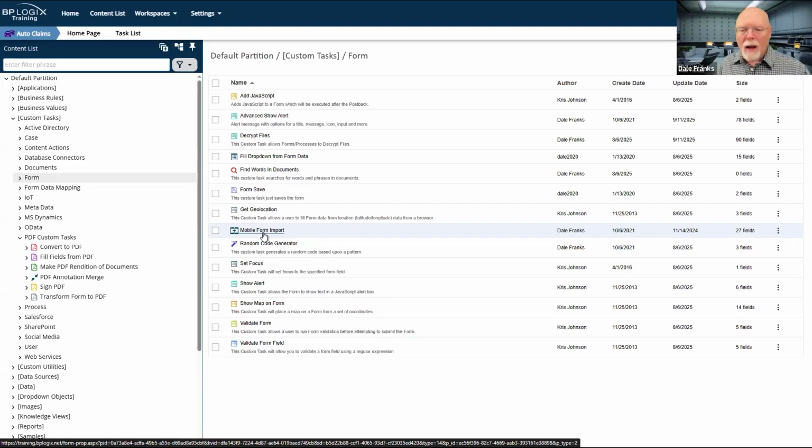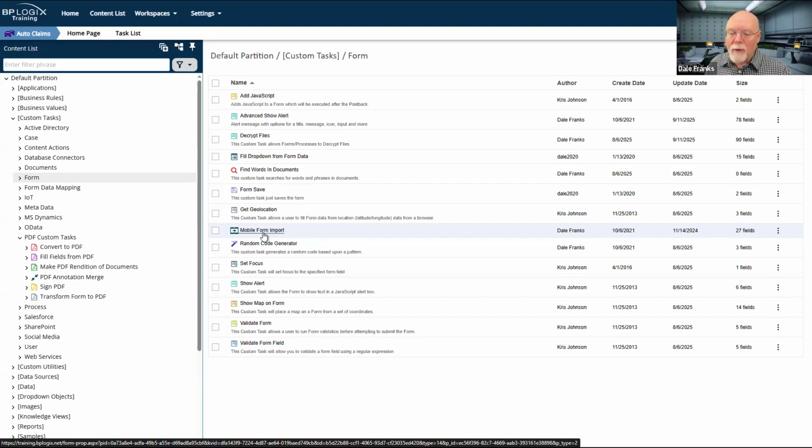website. For on-premise customers, the mobile form import is important because if somebody's outside your network, just using some sort of mobile device, and they don't have any connection to your network because they're out of wireless range, then they're just on the open internet. And your Process Director installation is often behind a firewall, so it's not accessible. So with the mobile app component, you can submit your forms, they go to Apponate, and then you can import those form instances from Apponate to create Process Director form instances on import.